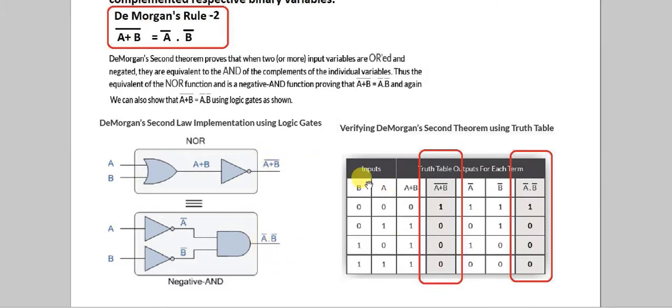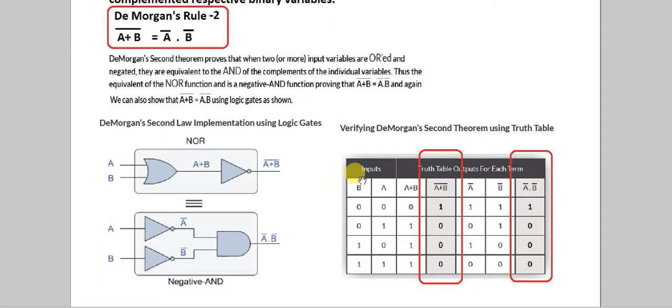So similarly we can again write the truth table. This is 2 raised to the power n, where n is two input variables. So B is equal to 0, 0, 1, 1, A is 0, 1, 0, 1. You add them together, you get 0 plus 0 is 0, rest you get all ones because it is the OR gate. And then take the complement, which is 1, 0, 0, 0.